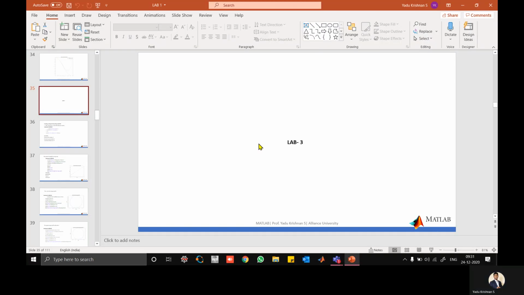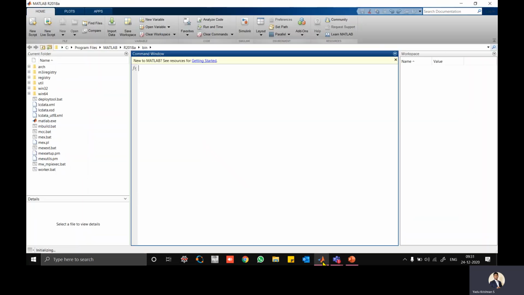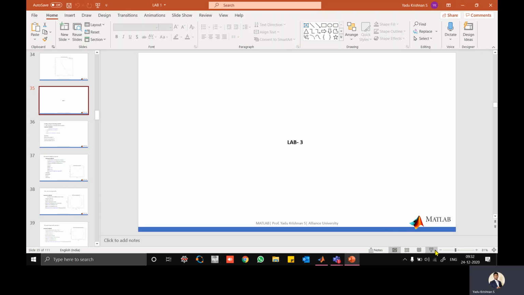Okay, so first, script files are like the actual programming. So you'll be writing the entire program, and after writing the entire program, you can run the program, and it will give you the final output. Sometimes you may need the user to input some data. Maybe sometimes it's not necessary. For example, you need to add 5 numbers. So those 5 numbers are random numbers. So you need to ask the user who is using that program to enter the 5 numbers and get those values, and finally show the result to the